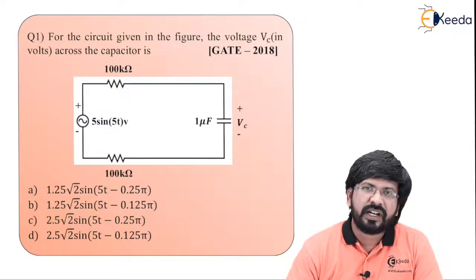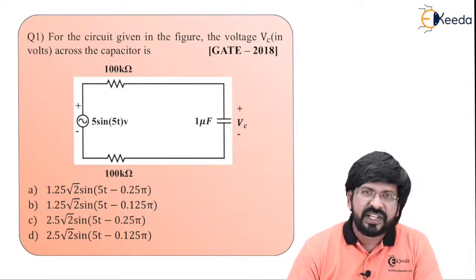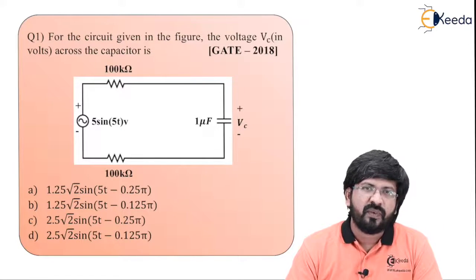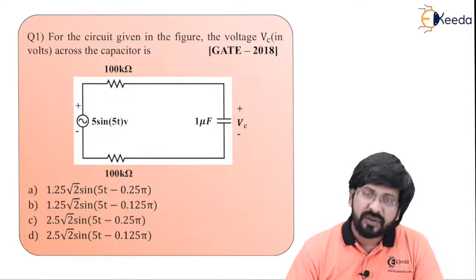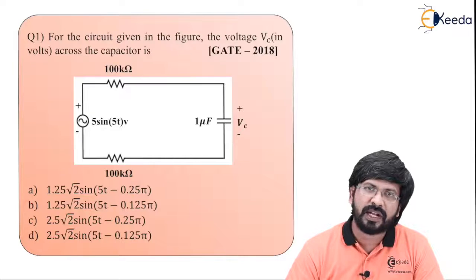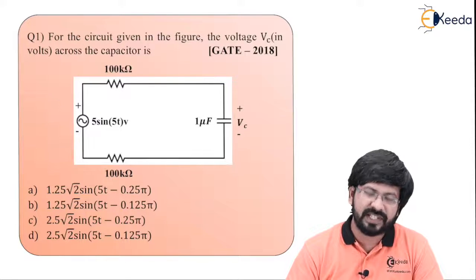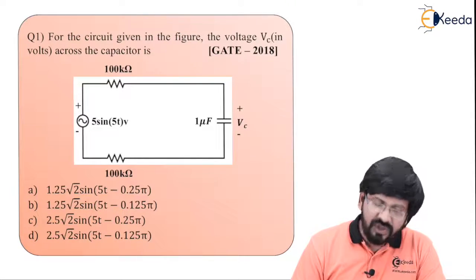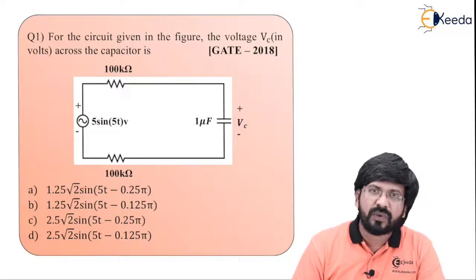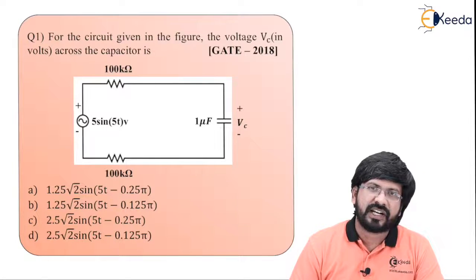As you look into the circuit, it is actually a normal series circuit. In a series circuit, voltage divides, so by the voltage division rule you can find the voltage across any component. For example, to find the voltage across the capacitor, you can apply the voltage division rule. Before that, we have to make sure that every component in an AC circuit is an impedance element. R is already in ohms, but the capacitor is in microfarads, so the impedance of the capacitor, that is the reactance of the capacitor, needs to be calculated.